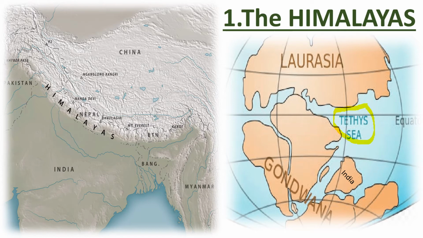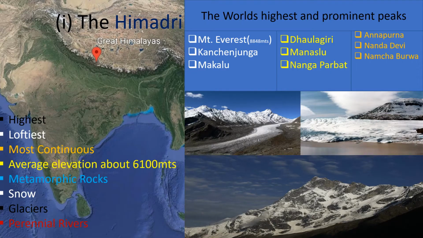Now let us discuss the Himadri or the Greater Himalayas. Out of all the Himalayan ranges, this is the highest, loftiest and most continuous range, with an average elevation of 6100 meters. The Himadri range is formidable and snow bound throughout the year, and we can find a number of glaciers,